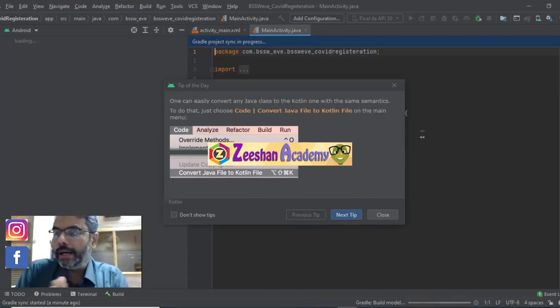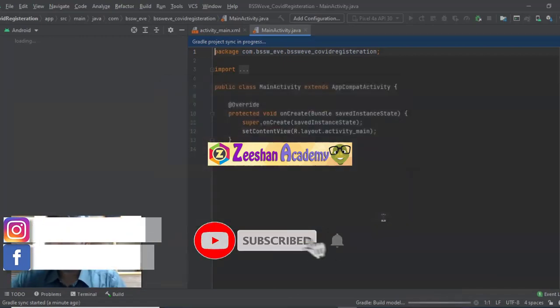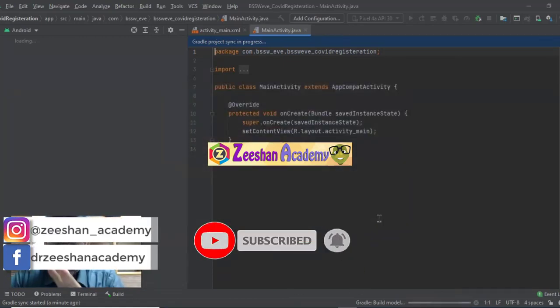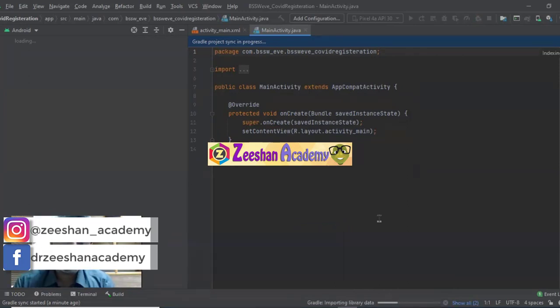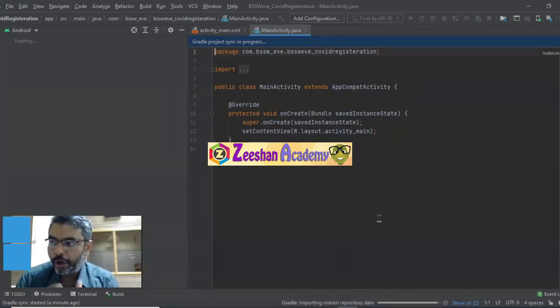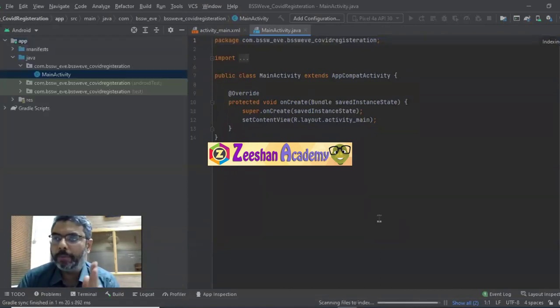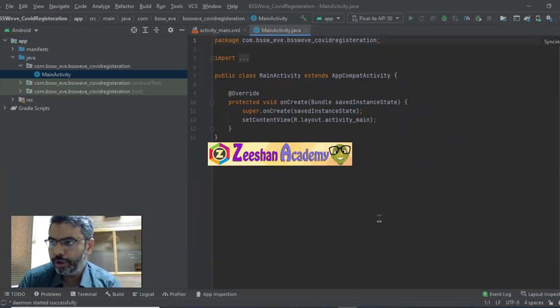ठीक है जनाब. सो हमने बेसिकली ये चीज, एक सिंपल कॉन्सेप्ट पहला तो ये था दैट इन एंड्रॉइड इन ऑर्डर टू हैव मल्टीपल लेआउट्स एंड मल्टीपल विंडोज, हम उसको नाम देते हैं एक्टिविटीज का. सो इन ऑर्डर टू क्रिएट मल्टीपल लेआउट्स, आपको मल्टीपल एक्टिविटीज बनानी पड़ती. यू नीड टू क्रिएट मल्टीपल एक्टिविटीज. सेकेंड,